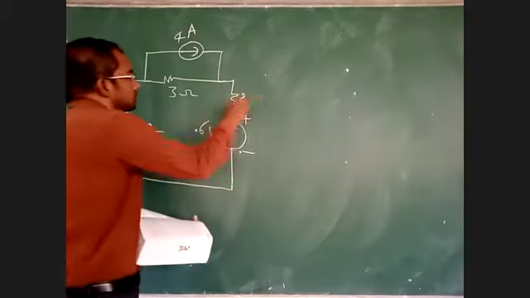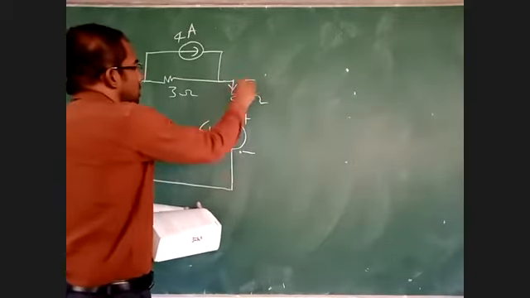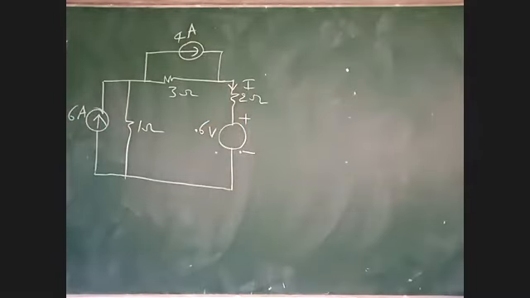Determine the current in 2 ohms using superposition theorem. It is an assignment. So by using the theorem, determine the current in 2 ohms and also verify it by using any method, whether mesh analysis or nodal analysis or current divider, or source transformation. Verify by using source transformation or nodal analysis. Okay. So this is the assignment for you.